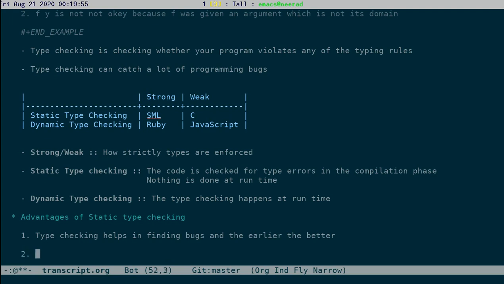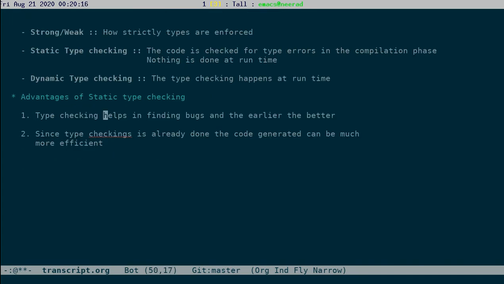The second aspect is that since type checking is already done, the code generated can be much more efficient. Why is that?